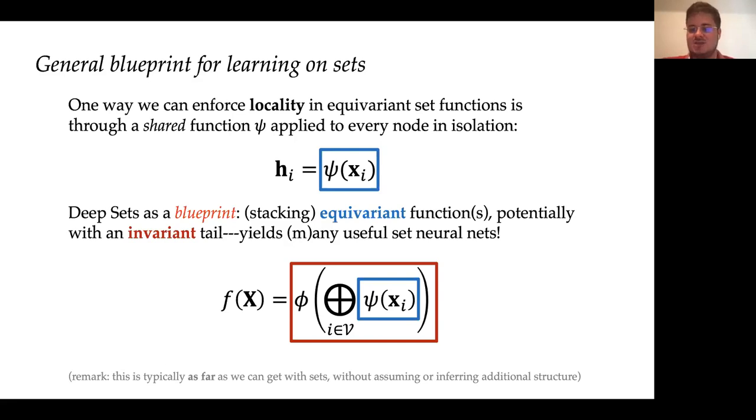So this permutation invariant aggregator with phi is something that you stick at the very end of the architecture if by any chance you're interested in predictions on the set level rather than the node level. And if you think long and hard enough, you might end up realizing that this is actually as far as